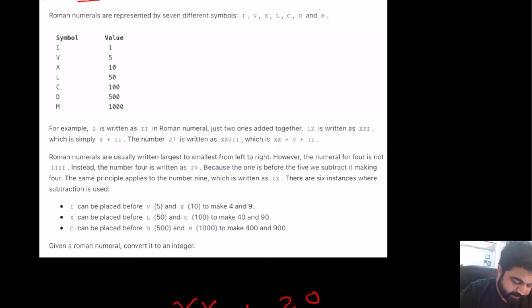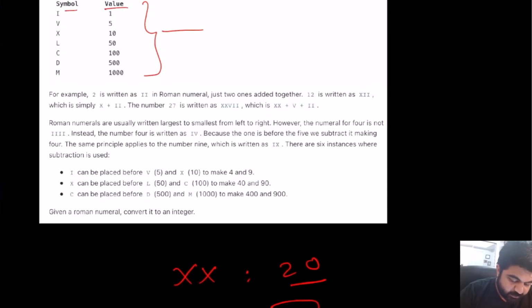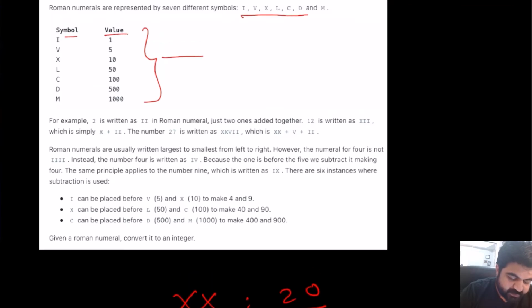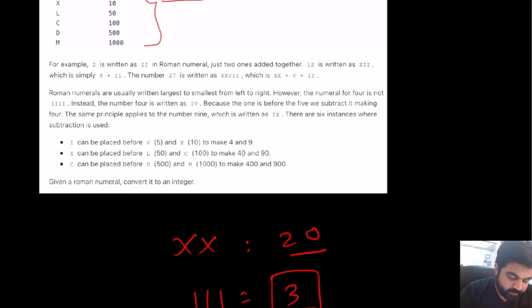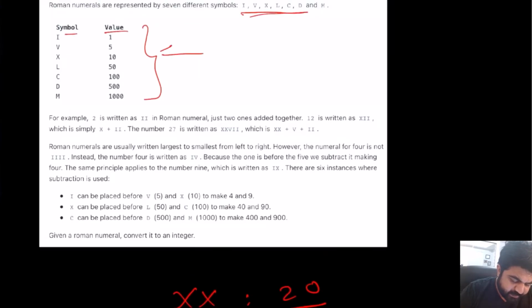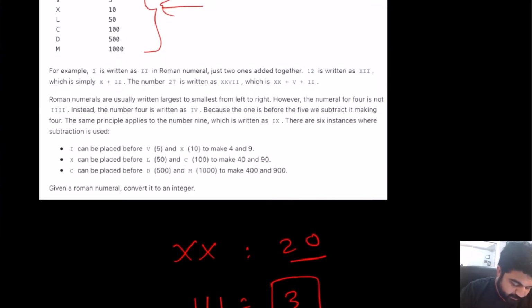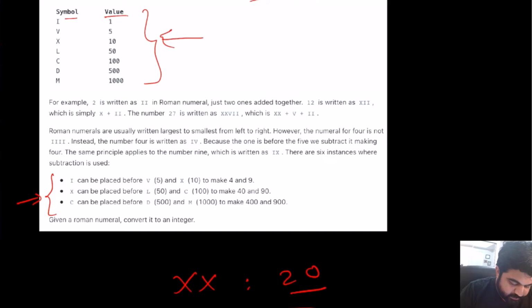Now we are given a very extensive definition of what every single symbol means and its subsequent value, and also what the different symbols are and what the rules of the Roman numeral system are. Now these things are pretty easy to comprehend. There is only a little bit of complication when this condition comes in, where it says that if a smaller value is placed right before the larger value,